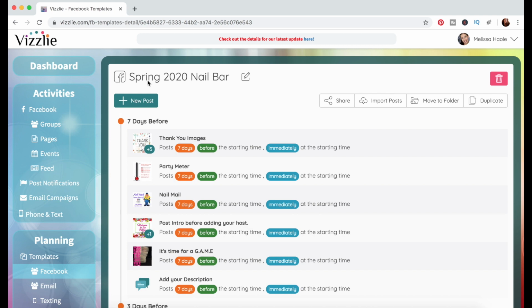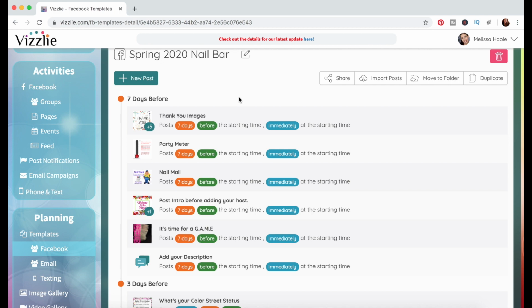If you can use your own graphics, that's even better, because Facebook will sometimes flag images if they're being overused as spam and that kind of stuff. So awesome if you get a template from somebody, but also even better if you can customize it and make it your own. Now in this nail bar, I have some, because remember, this right now is not attached to